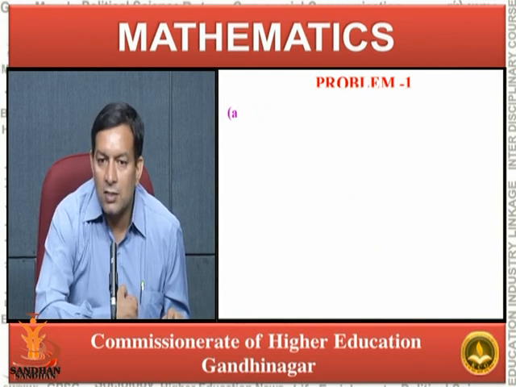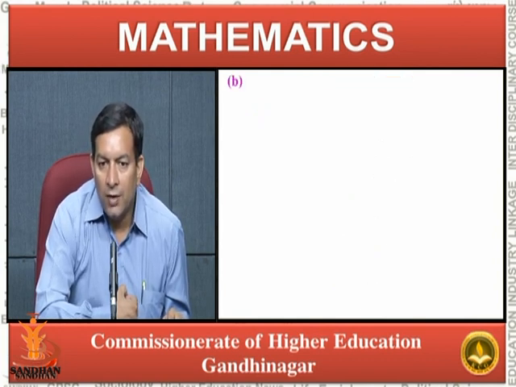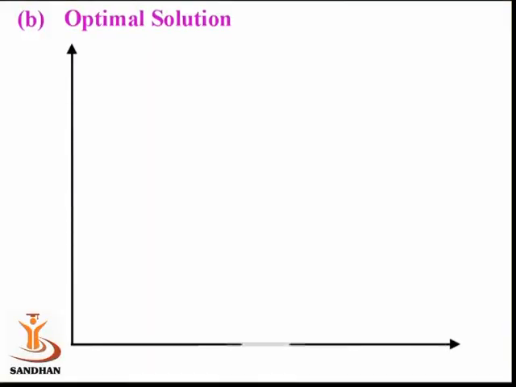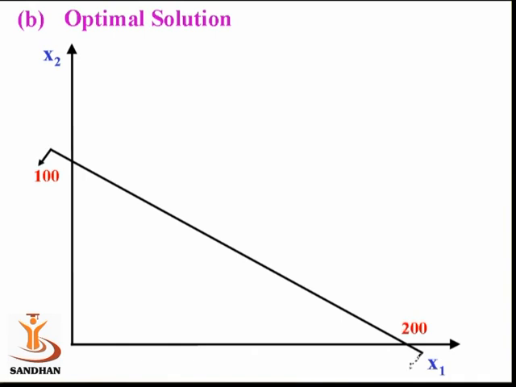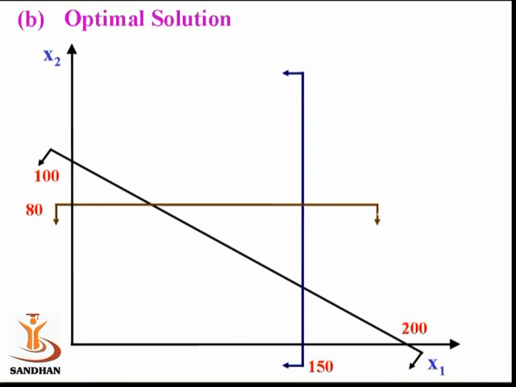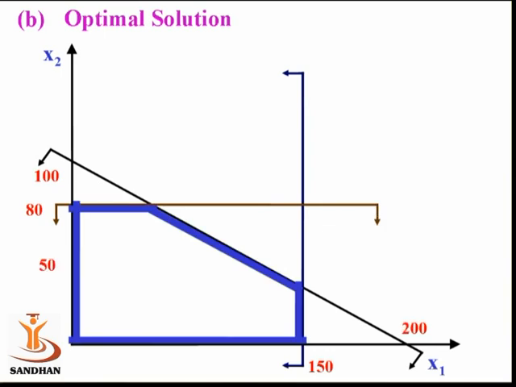So friends, you can see that if I make the graph of this, the first constraint equation is represented like this and the region below that is marked here. The second constraint equation represents this area and the third constraint equation represents this area. Now this is the feasible region, as you are aware, and the objective function isoprofit line is obtained in this manner.